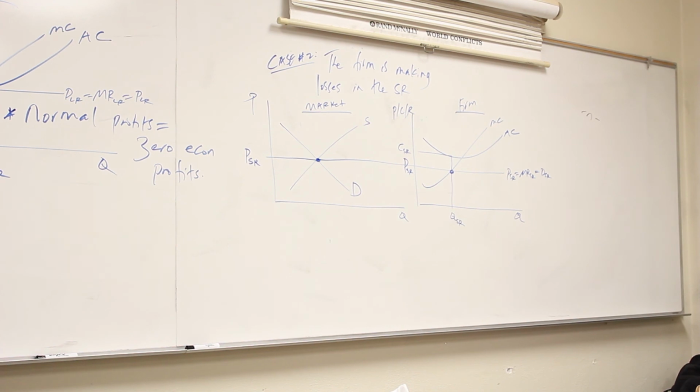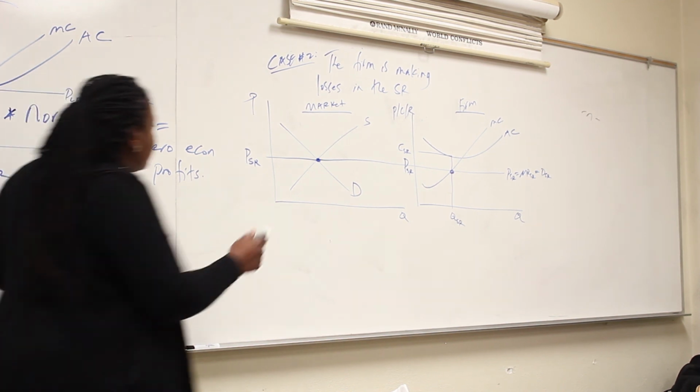Now Hassan, while you're there losing money, year one, a year and a half, still losing money. Year two, you keep on losing money month after month after month. What do you do? You're going to leave. If firms are losing money period after period, and we're watching them over time and they're making losses, they're going to exit. If firms are exiting the market, supply goes to the left.